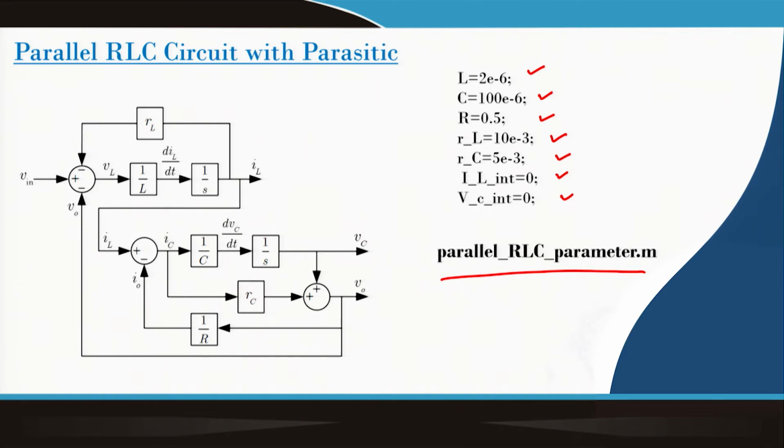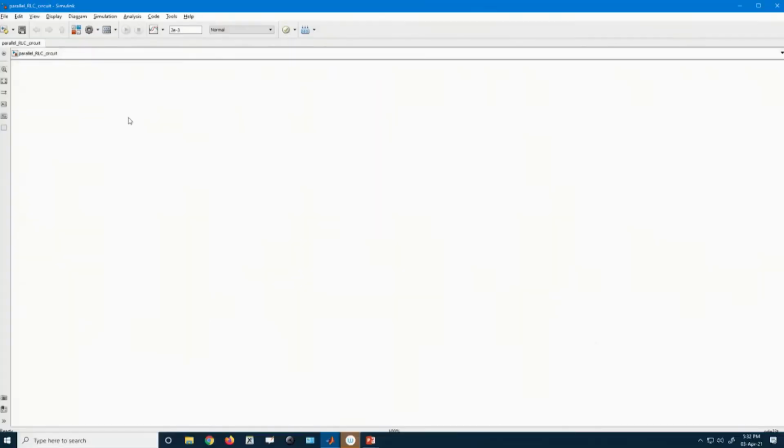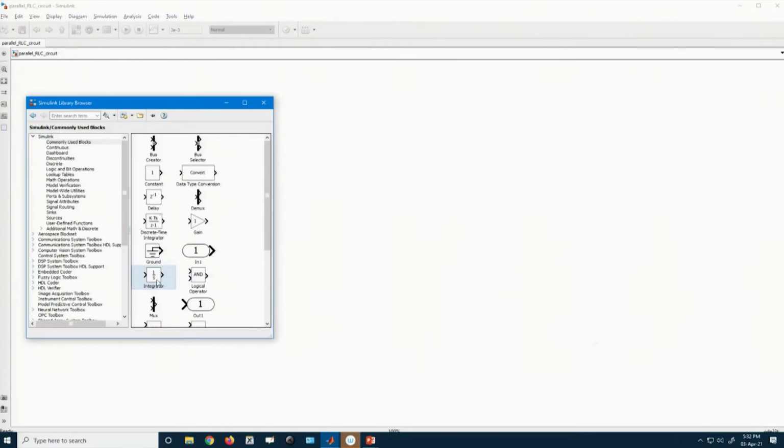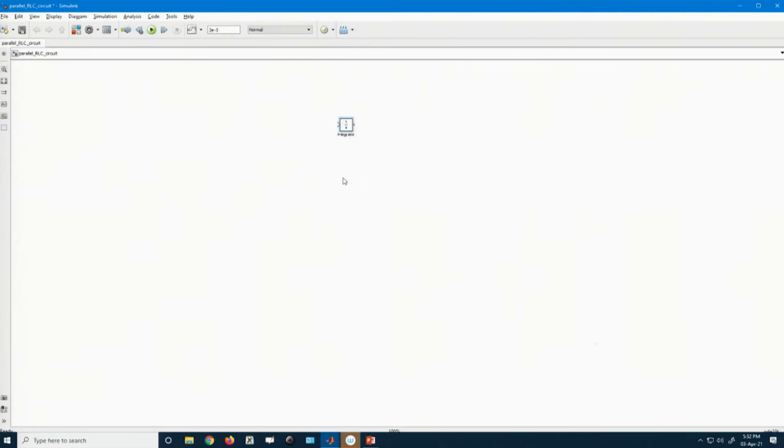Now, what is our next task? So, we need to go for the Simulink block, and we already know the different blocks needed from the library, which are needed to realize this particular parallel RLC circuit. So, this integrator corresponds to the IL initial value, we will call it IL 0, and we also want to use another for the capacitor, which is say Vc 0 block.